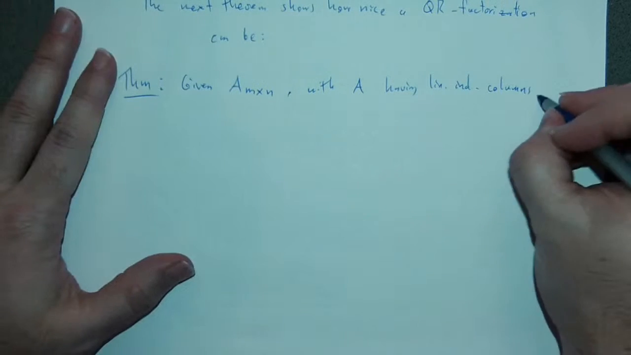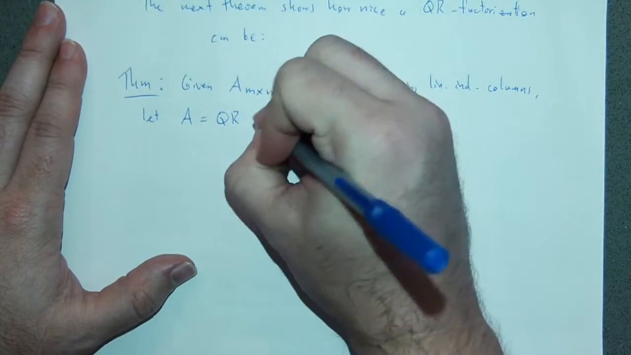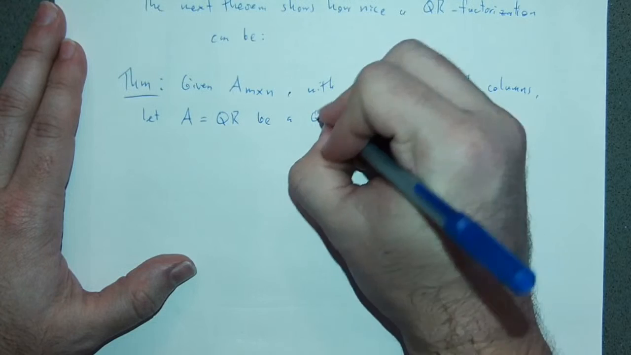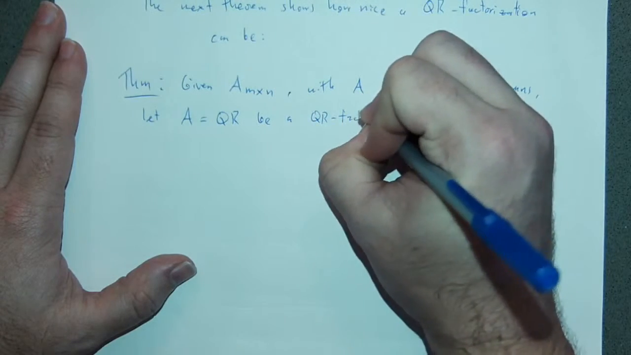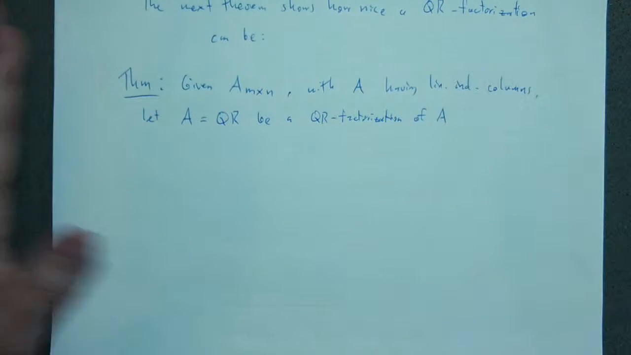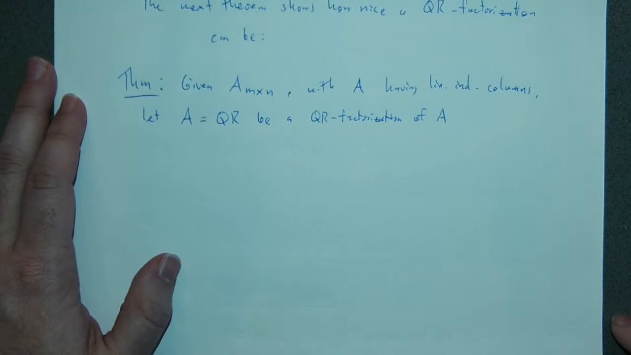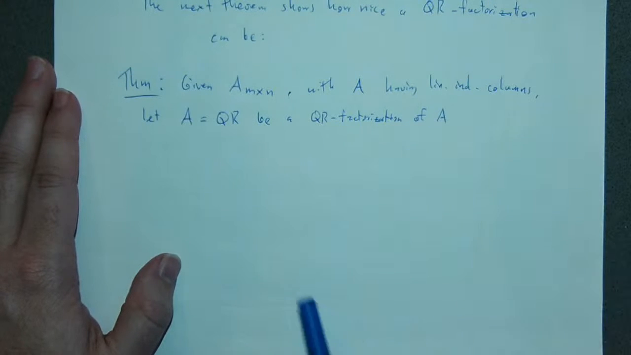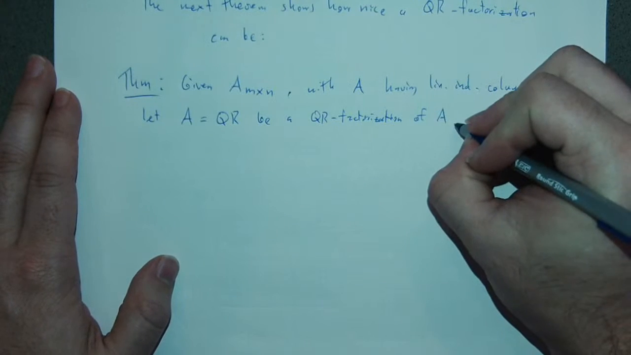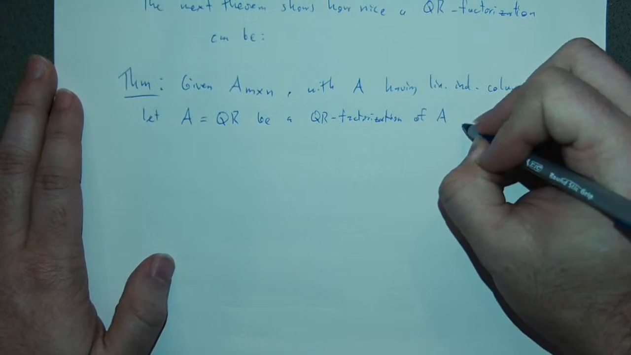Okay, let A equal QR be a QR factorization of A. So remember, Q has orthonormal columns, and R is upper triangular with positive entries on the diagonal. Okay, and so it's a square matrix. So let A equal QR be a QR factorization of A. Then